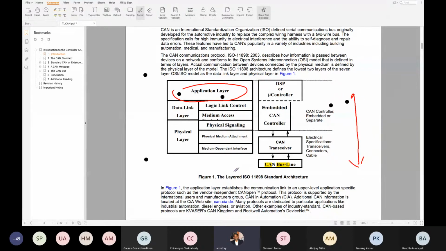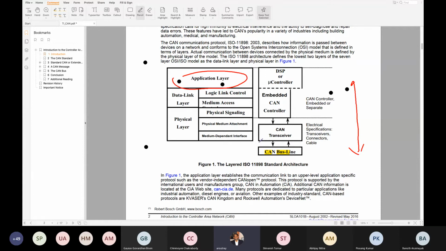This is the physical thing, but there is also a protocol. Protocol means the bit stream. There are two types of identifiers.